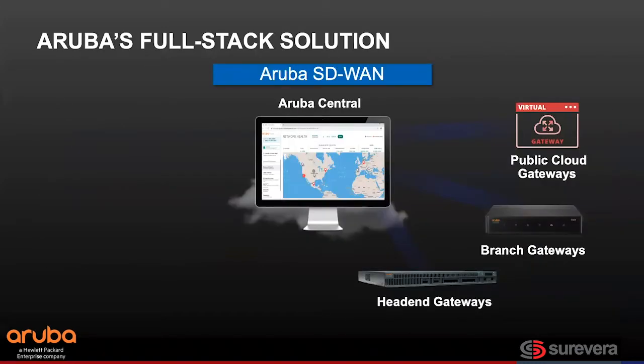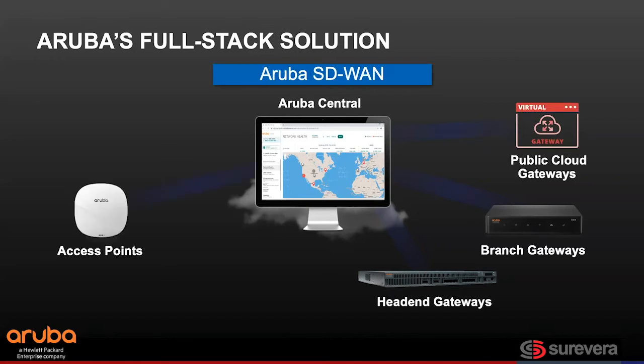So we'll jump in here and we'll talk about all the pieces that make up Aruba's full stack solution for SD-WAN/SD-Branch. So your typical SD-WAN is going to be a head-end gateway, your branch gateway, and one of the things that I think is very interesting is the virtual public cloud gateways. So being able to spin up a gateway within your Azure instance, your AWS instance, your Google Cloud instance, and being able to run there